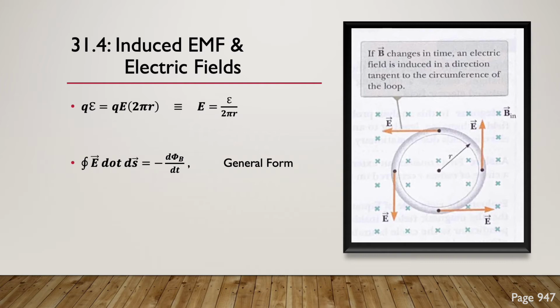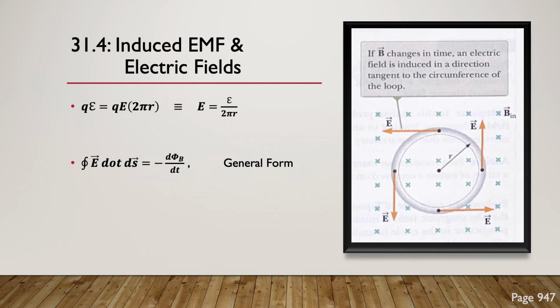Looking at this graphic, we have a loop of radius r placed in a uniform magnetic field that's perpendicular to the plane of the loop. If the magnetic field changes with time, an EMF, according to Faraday's law, is induced in the loop. The induction of a current in the loop implies the presence of an induced electric field E, which must be tangent to the loop because that's the direction in which the charges in the wire move in response to the